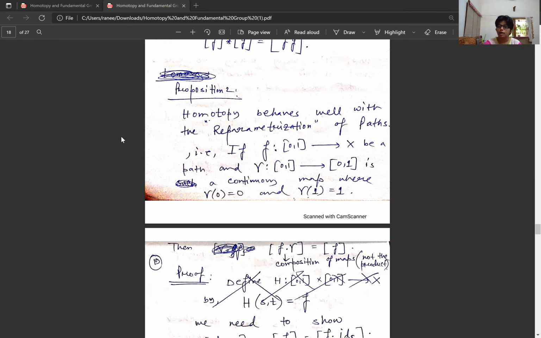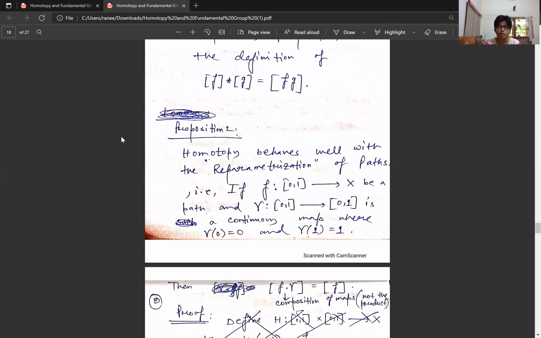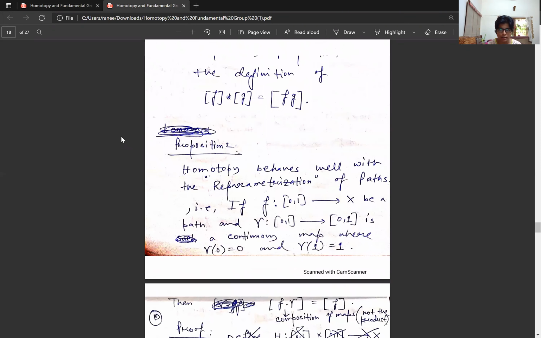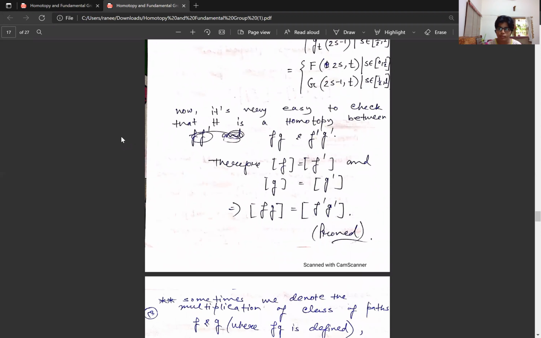So the last time we had seen the definition of homotopy, and also the impact of homotopy in mathematics, like what it is actually doing. We had also observed that f is homotopic to g, two functions being homotopic to each other, is an equivalence relation on the set of all continuous functions from a space X to another space Y.